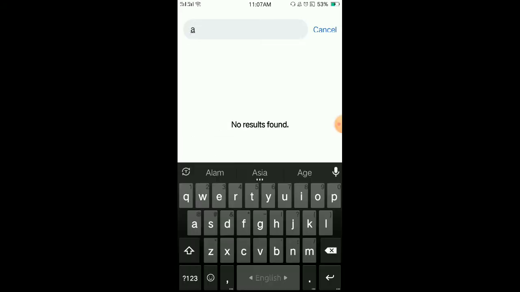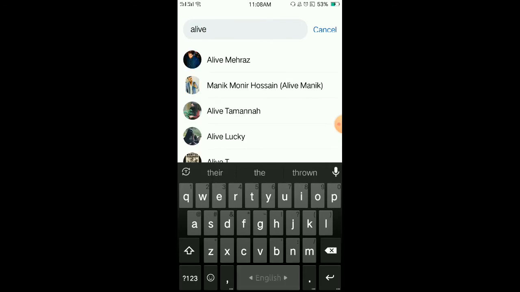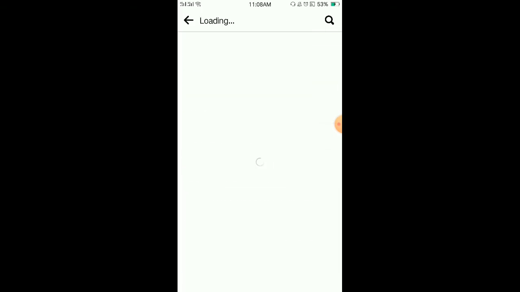Which person do you want to provide admin and moderator access? Before, they must be connected with your friend list. Okay, I just click leave. I want to give access to the person. Okay,